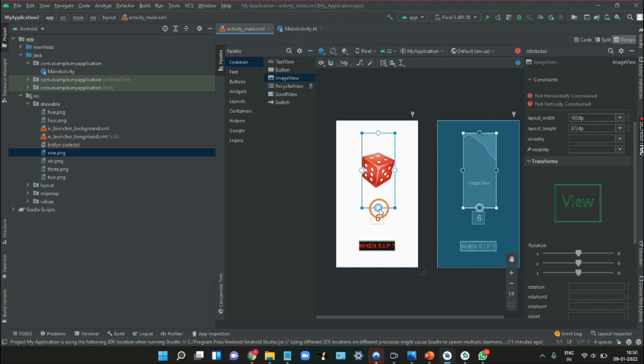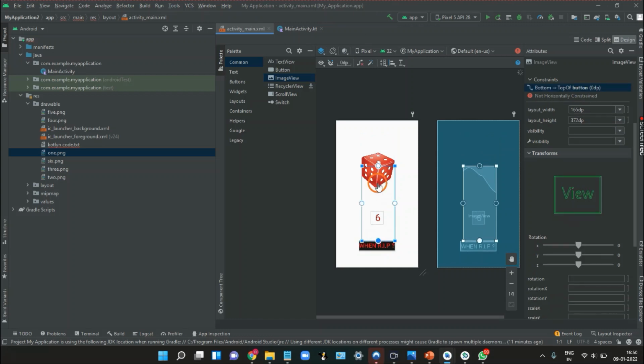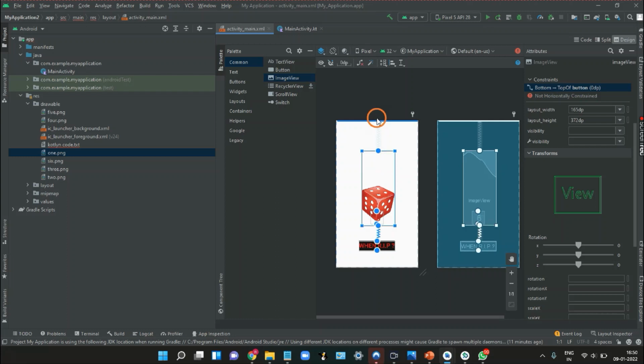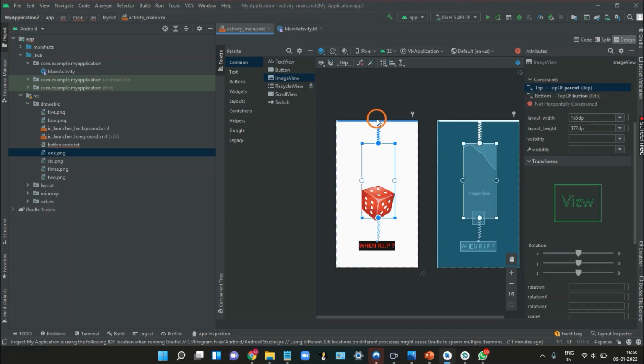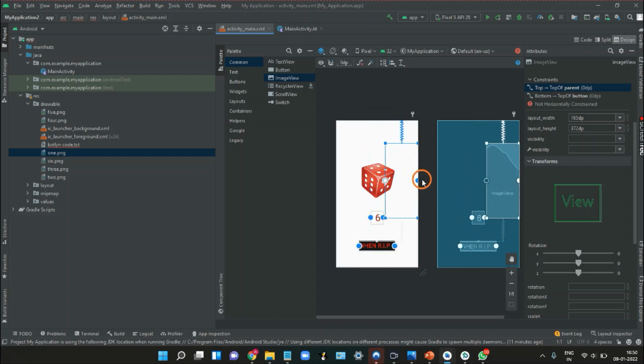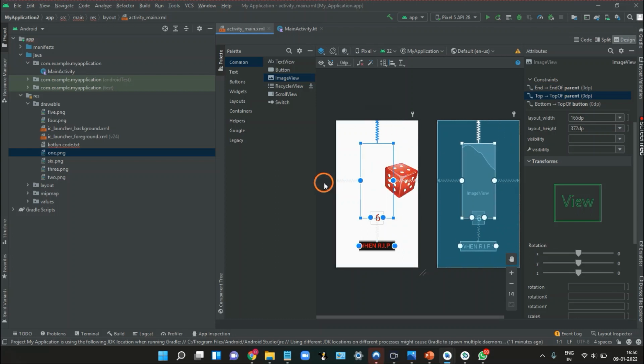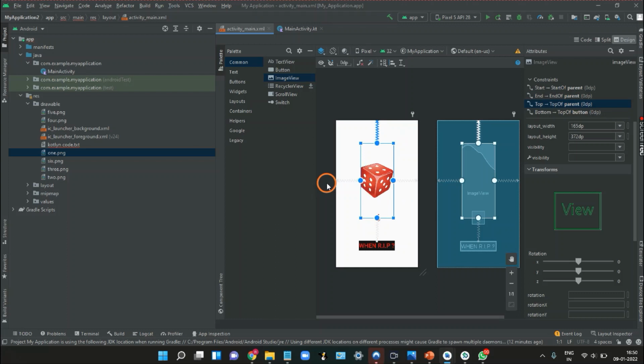Okay, now we have to connect these zigzag lines. So let's connect this with the button and this with the top. And these two lines with the sides. So we have placed our image here.